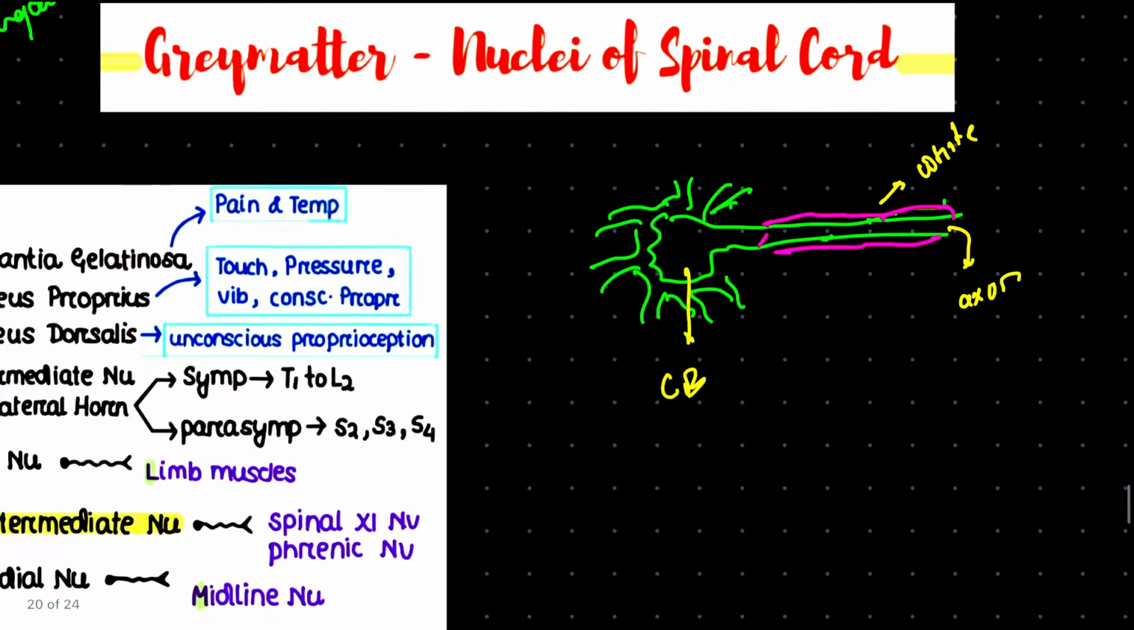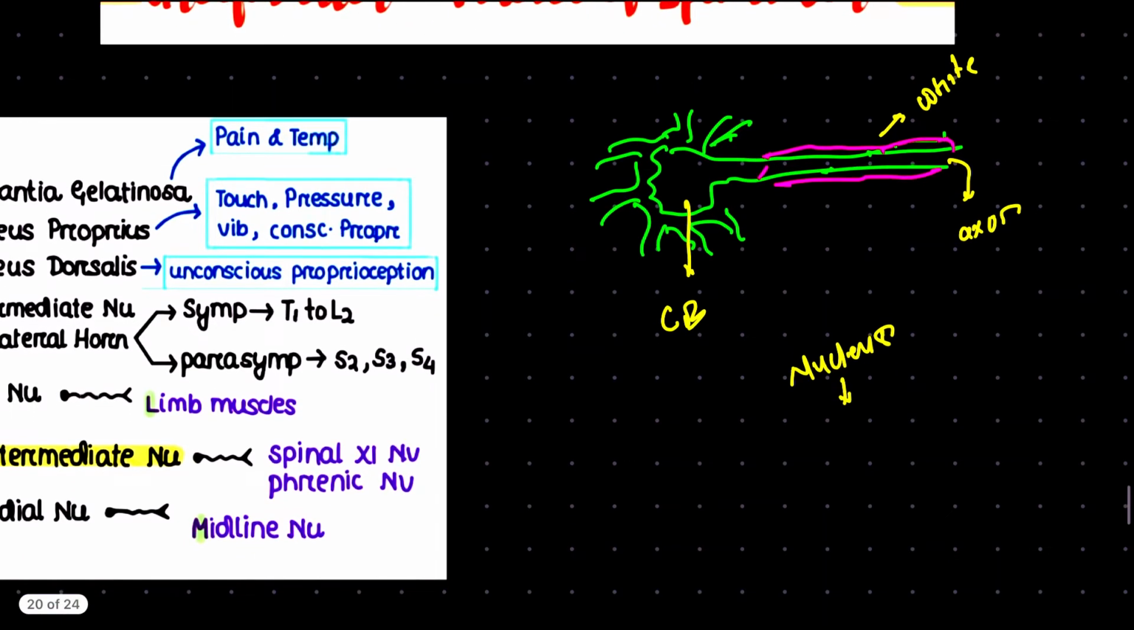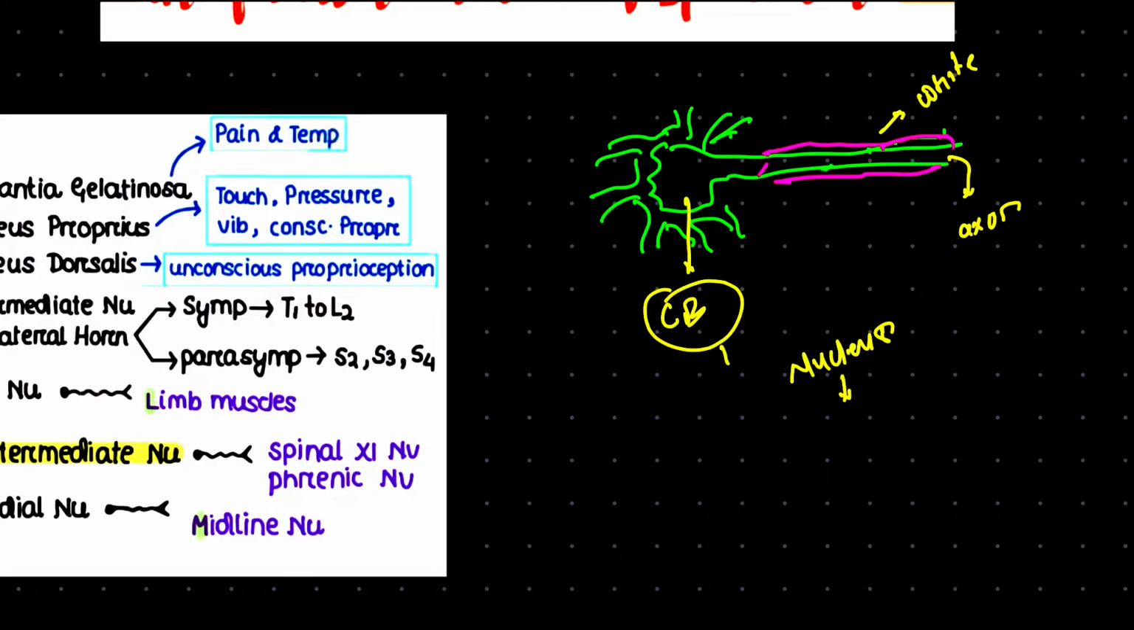So what do we mean by nuclei or nucleus? Nucleus simply means gray matter, the collection of cell bodies of neurons. These are called nucleus under one condition: if the collection of these cell bodies is found in